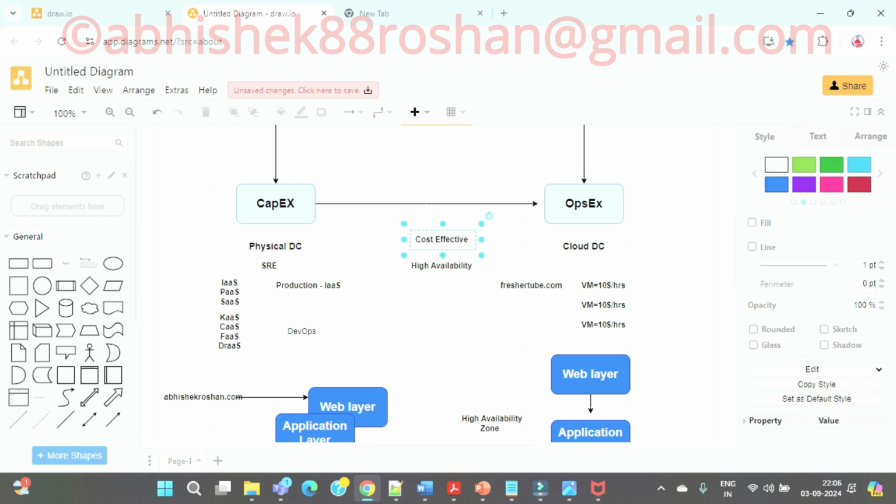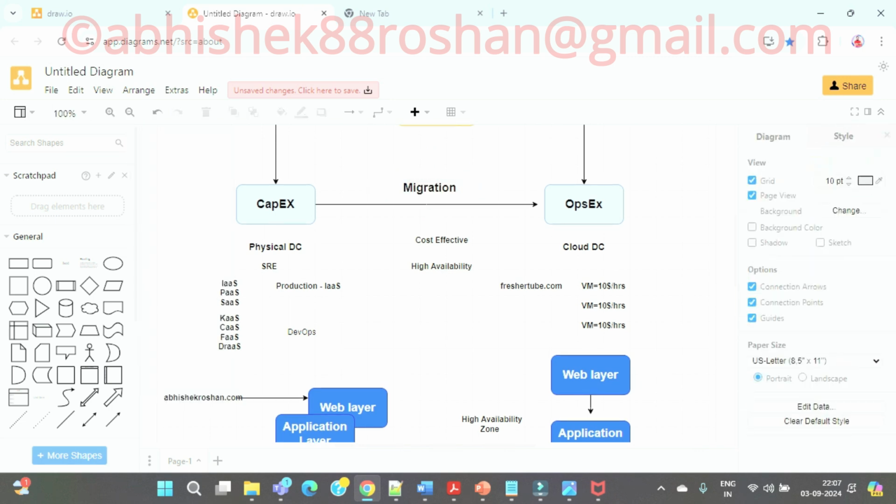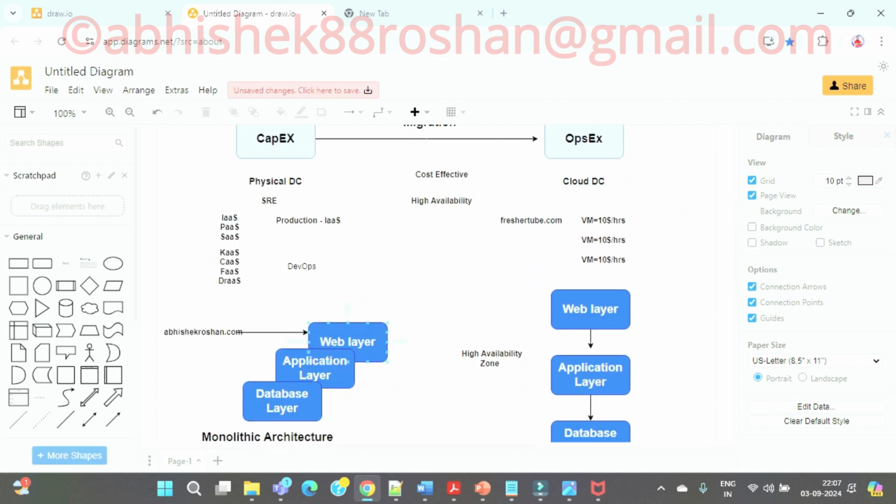This is the reason I am going to tell you. Now you have understood why companies are doing migration, right? In migration also, whether you are going with refactoring or rehosting, there are so many terminologies involved, guys. And I am able to tell you these because if you work at an architect level, you will be able to visualize and analyze things, but that comes with experience, guys only.